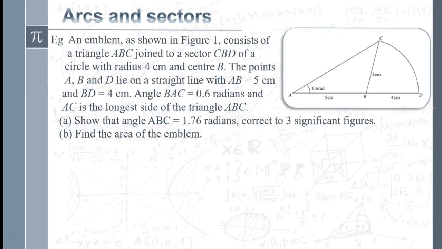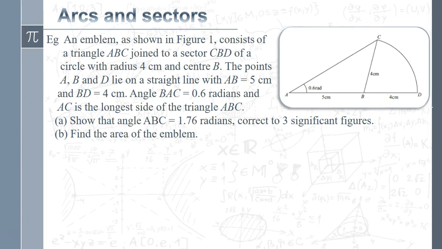Let's move on and have a look at the kind of thing you might get in an exam. What you're going to get is questions that mix up your knowledge of arcs and sectors with radians, and also a bit of your standard trig chucked in for good measure: sine rule, cosine rule, area of a triangle, all those kind of things all piled in together. So we've got an emblem there that's made up of a triangle and a sector, and we've got to show that angle ABC is 1.76 radians as our first part,